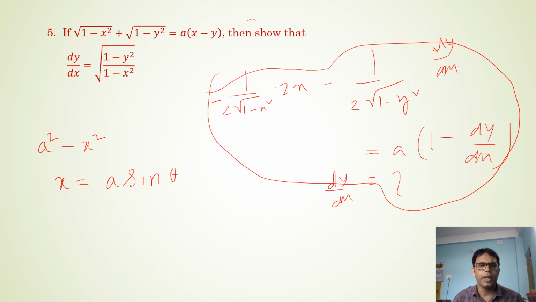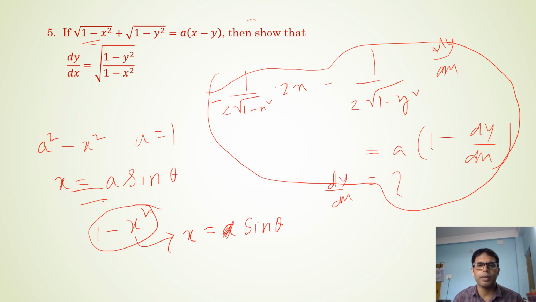But if you compare with the given question, you will see that here a is equal to 1, that is, the term is 1 minus x square. So the substitution will be only sin theta. Here there are two variables, one is x and the other is y, so for x I